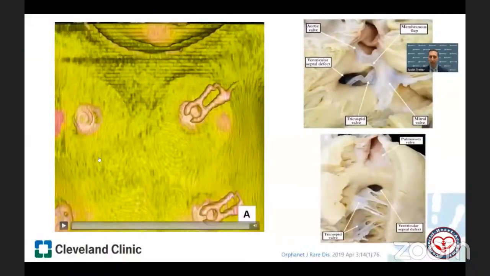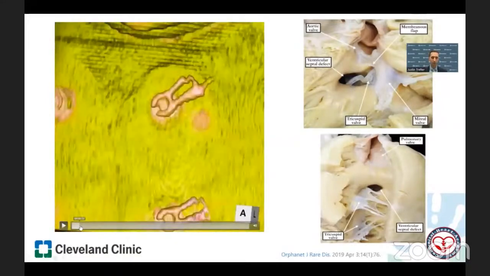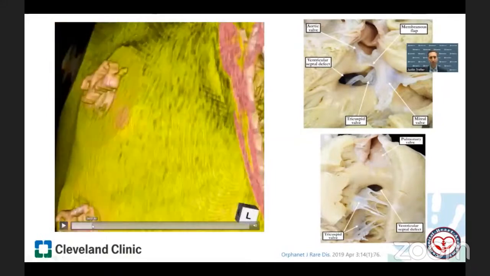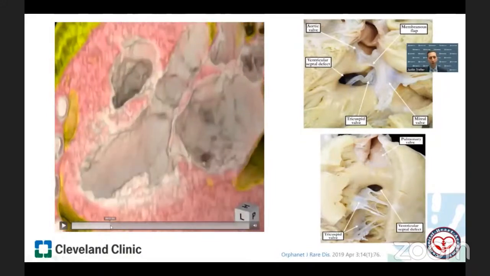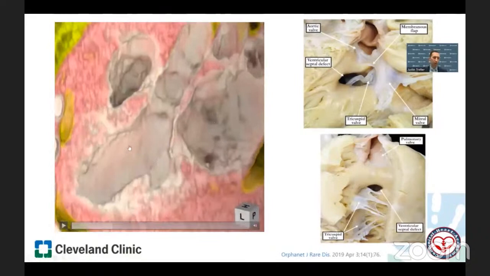This is a CT 3D reconstruction that we had gone over in the last session. This is a baby that had aortic coarctation, that had a CT scan to define that, but here we're looking at the ventriculoseptal defect. So we're dissecting into the left ventricle in a 3-chamber view: left atrium, left ventricle, left ventricular outflow tract, and the aortic valve.